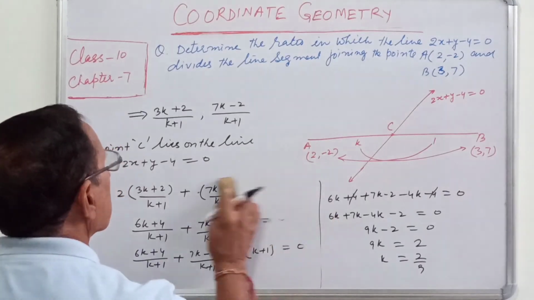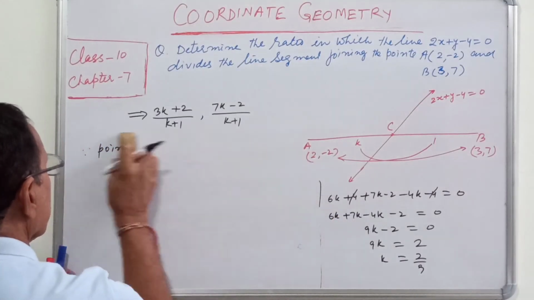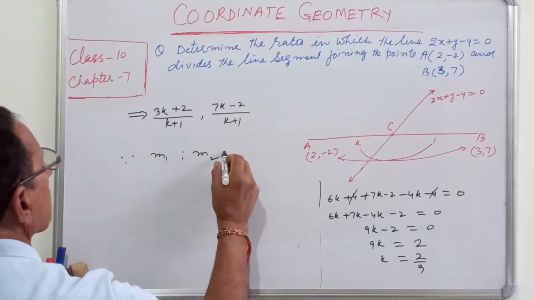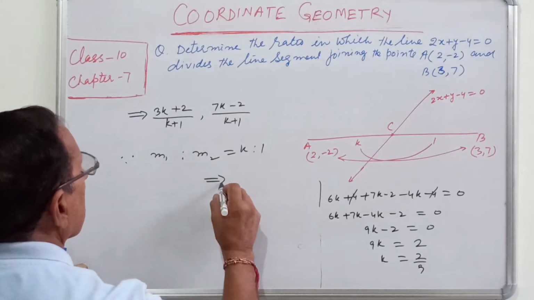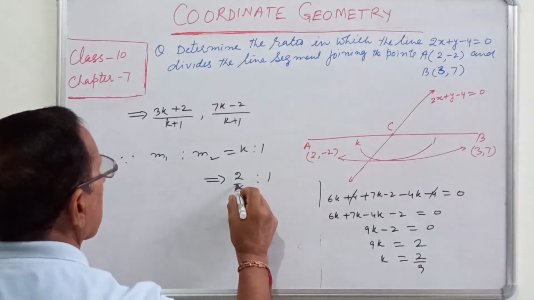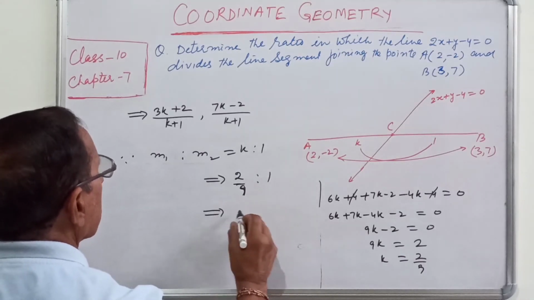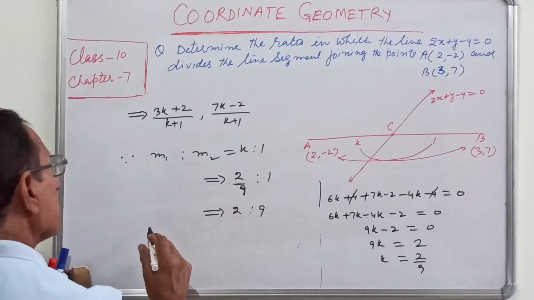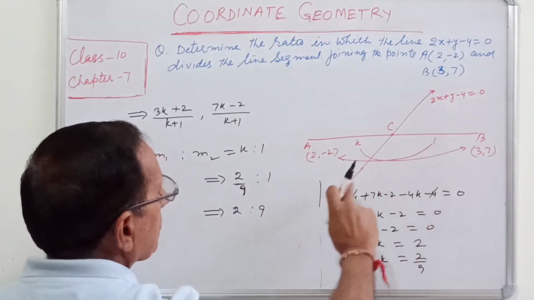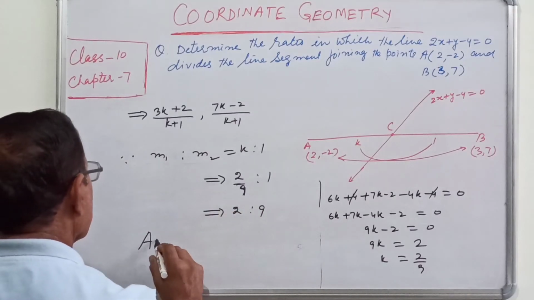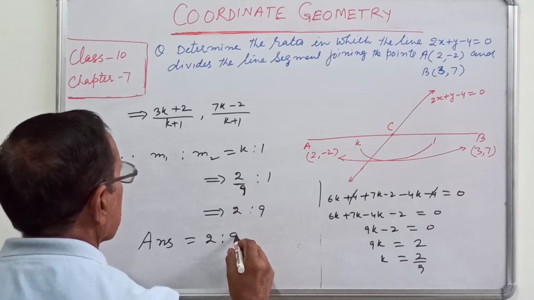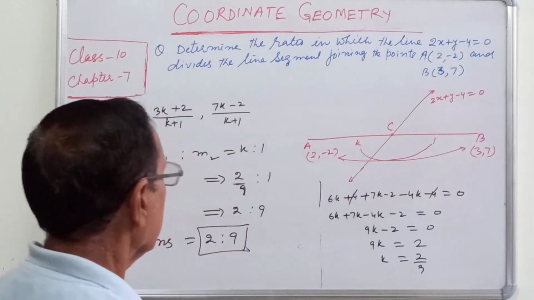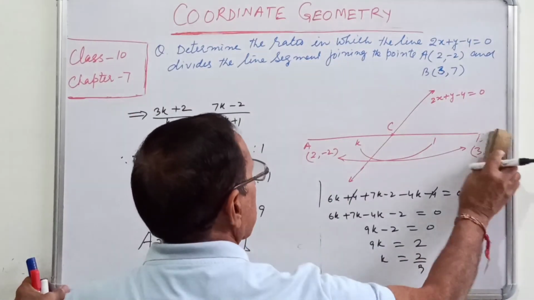अब सिंस m1 इज टू m2 बराबर था k इज टू 1, 2 अपॉन 9 इज टू 1, तो रेशियो बनी 2 इज टू 9. तो जो आंसर हमसे पूछा था, द लाइन सेगमेंट डिवाइड्स द एबी सेगमेंट इन द रेशियो ऑफ 2 इज टू 9. तो इस रेशो में ये लाइन सेगमेंट जो है ए बी को डिवाइड्स करता है 2 इज टू 9. नेक्स्ट क्वेश्चन.